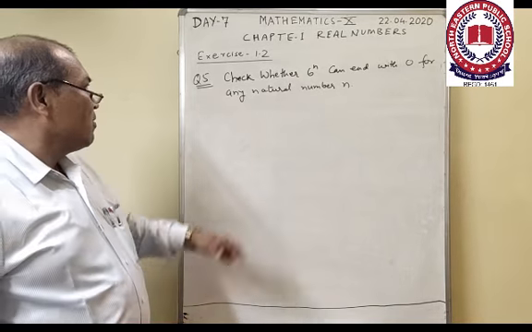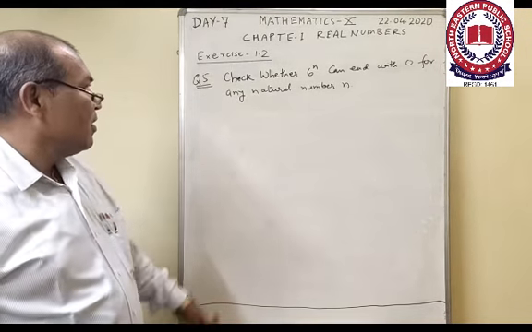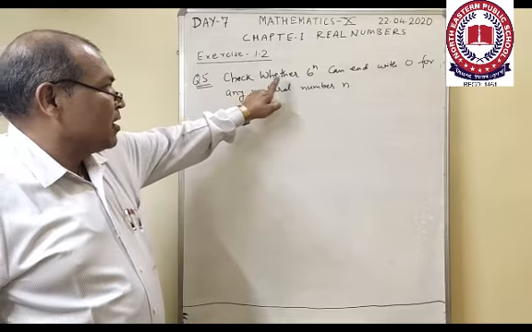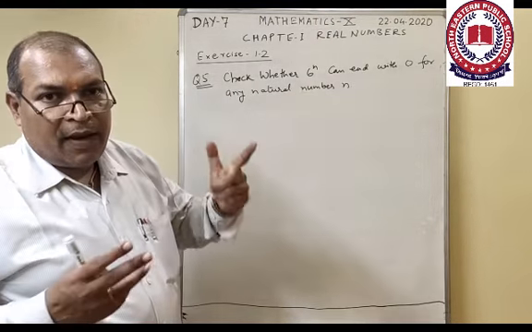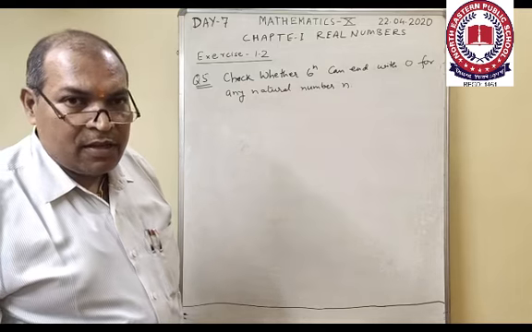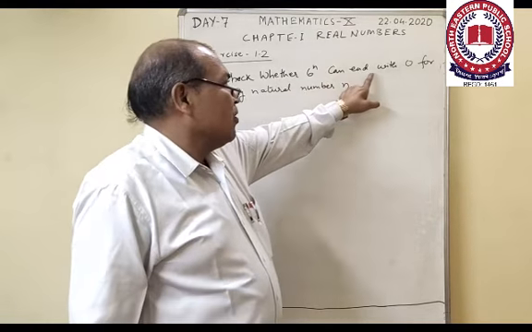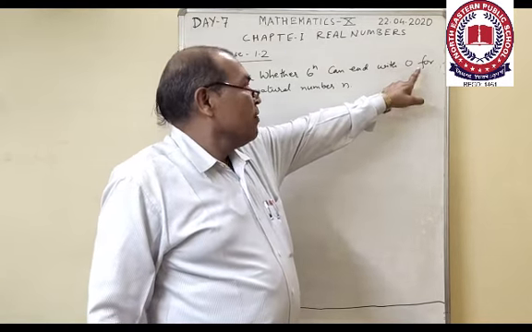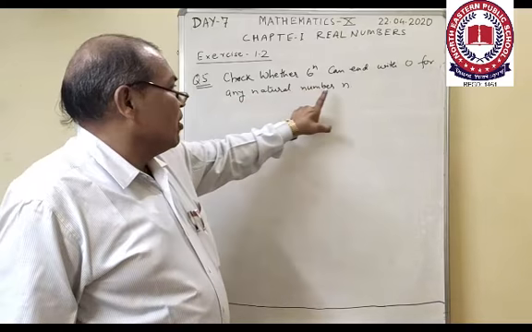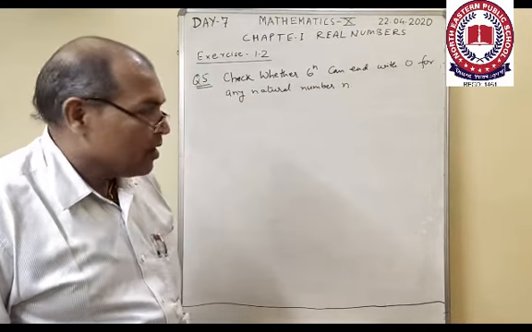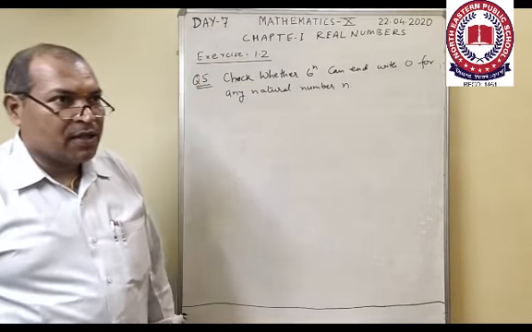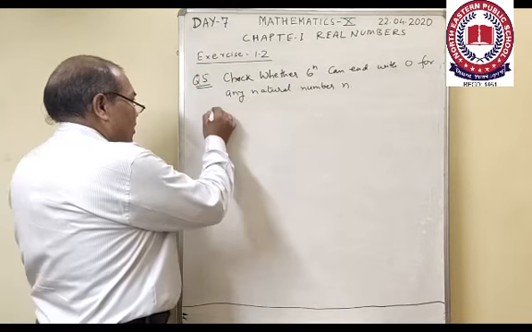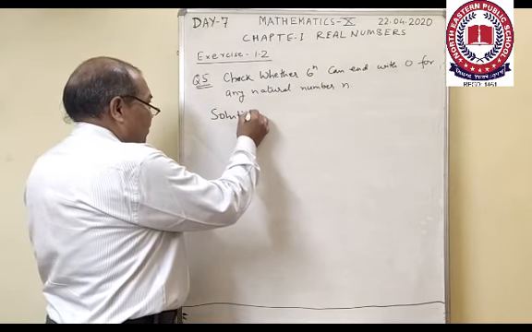Come on students, for next question number 5, we are given to check whether 6 power n, where 6 power n means 6 is multiplied n times with itself, can end with 0 for any natural number n. So can we say what are the prime factorization of 6? First of all, in the solution we will see